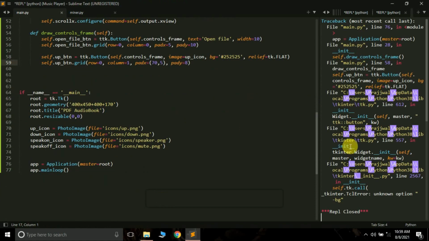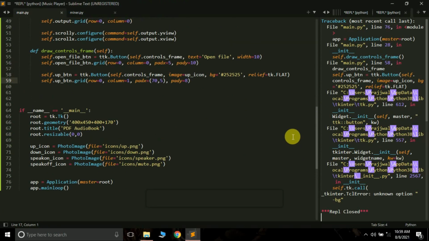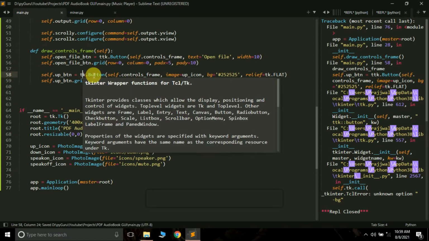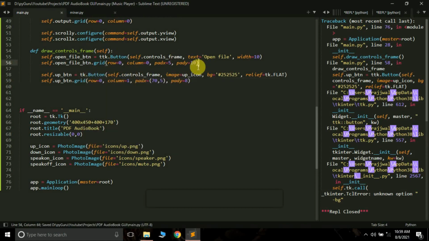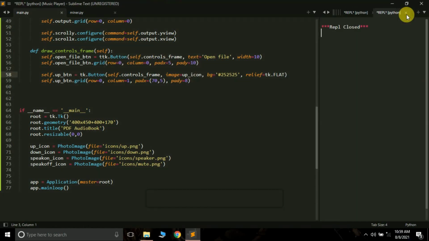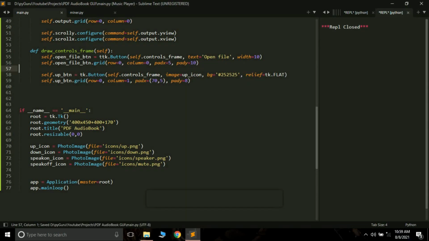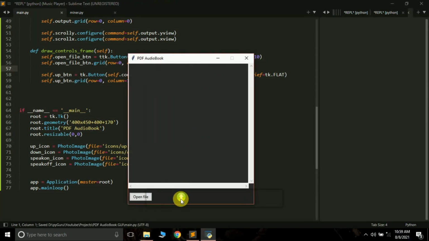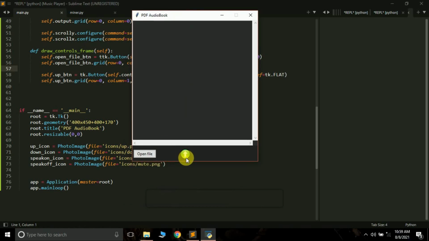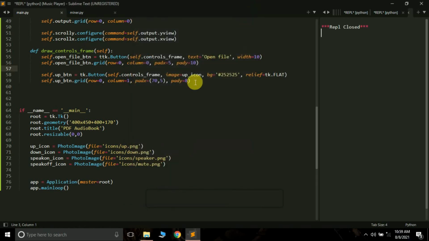So let's see what's the error here. Yep. So this is the error that we have got. Okay, so it's because I have used ttk.Button. Now inside ttk you cannot put colors. Okay, you cannot set your button color. So let me just remove this thing here, and if I now run this, I'll be able to get this here. So see, this is the thing. Okay, so this is the up button.